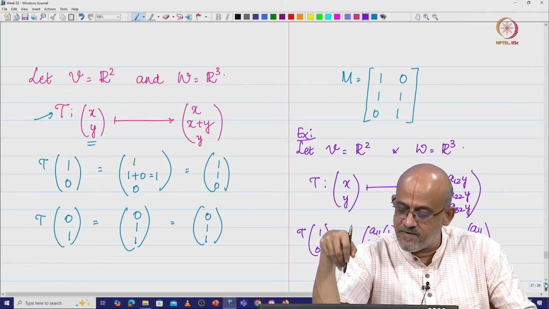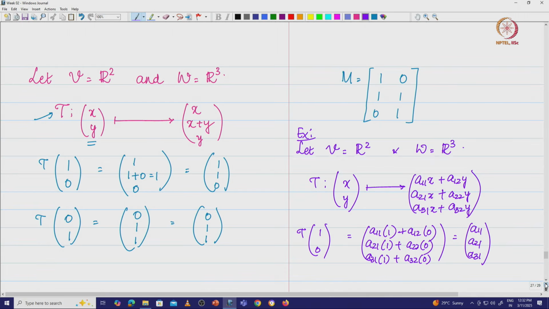But if you look at this, when you go from a lower dimensional vector space to a higher dimensional vector space, R2 is going to be a plane passing through the origin. Naturally, this plane passing through the origin in R3 will get mapped to a plane passing through the origin, or to a line passing through the origin, or it will get mapped to the 0 vector itself. Therefore, this transformation T, which is going to map from R2 to R3, can at the maximum span a 2 dimensional subspace of R3, right.